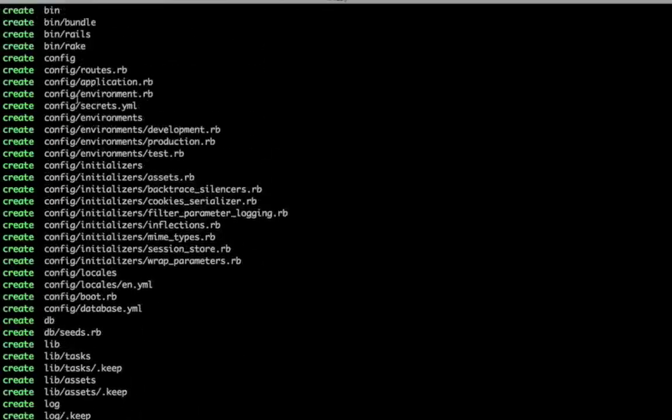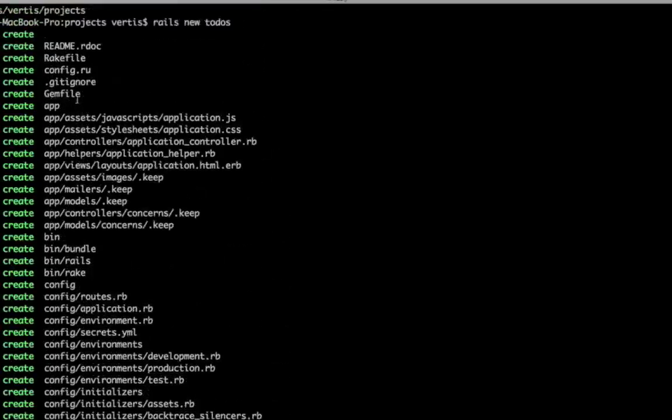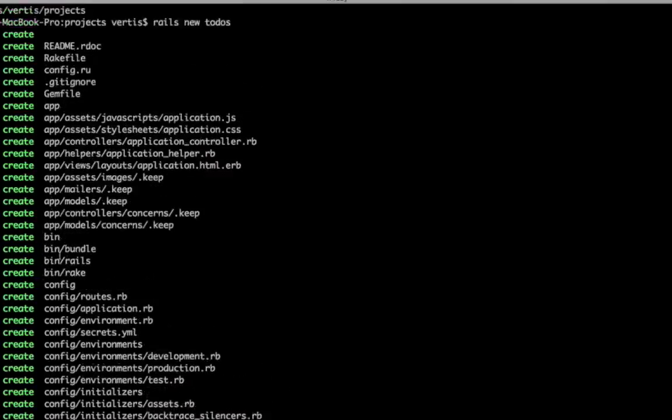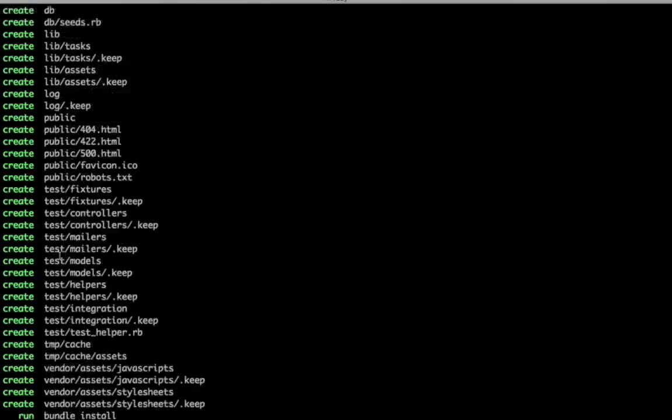It basically puts down all of these nice files, and we'll get to exploring what each of these files does in later sessions. But for now, it just bootstraps an application for us, and then it goes and runs bundle install, which brings down a whole heap of libraries,